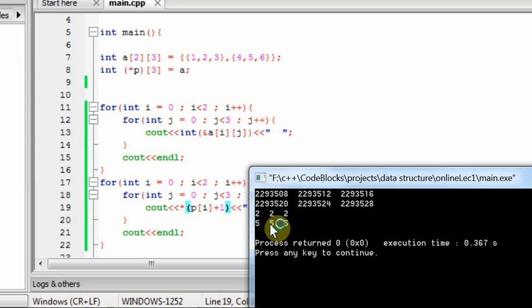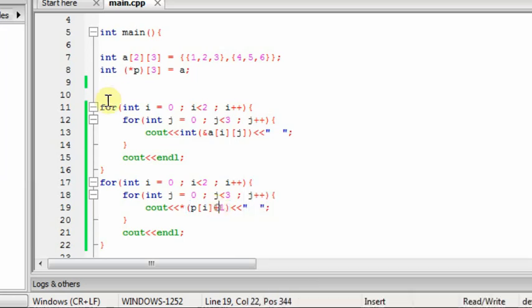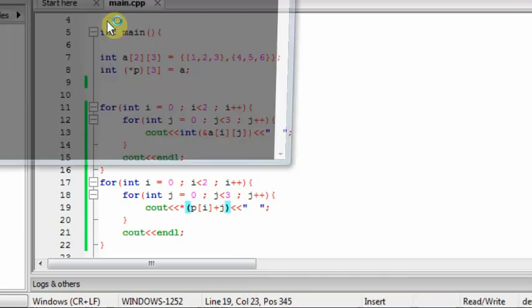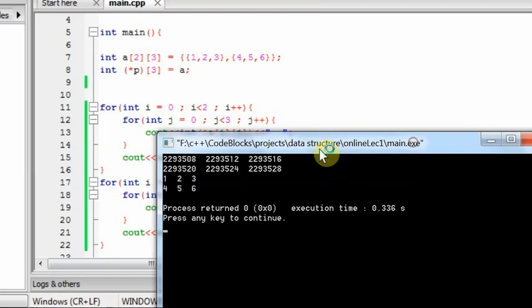Because each time I am accessing the first element from this row. So suppose the value of i is 0, then it is the 0th row's first element. Okay, so actually if we want to access the full array, it should be j. So look at the output.